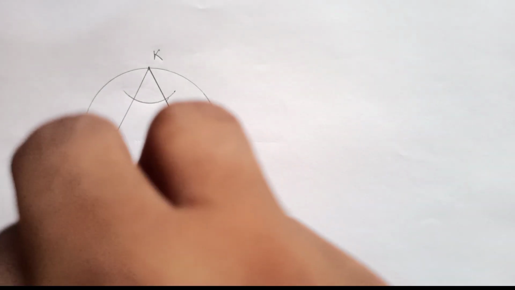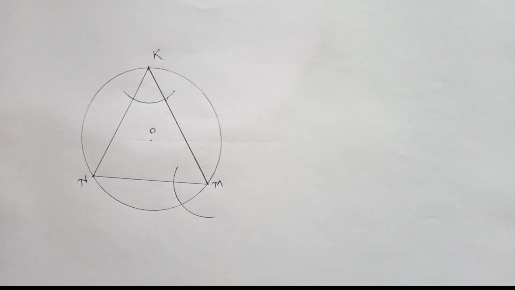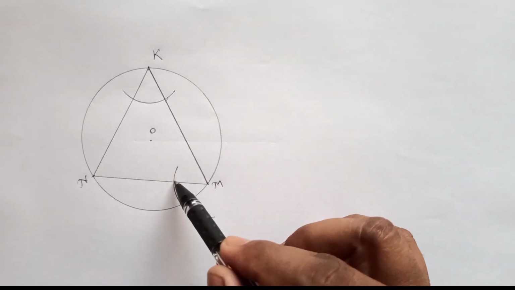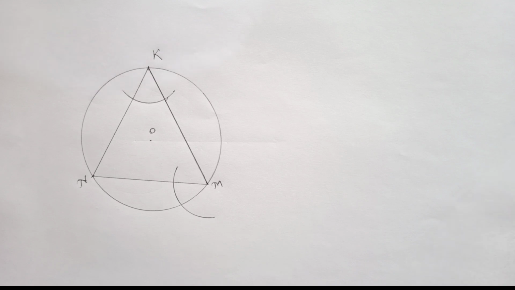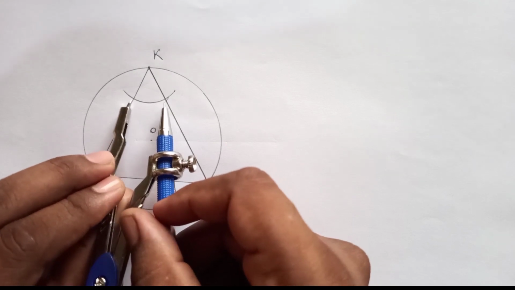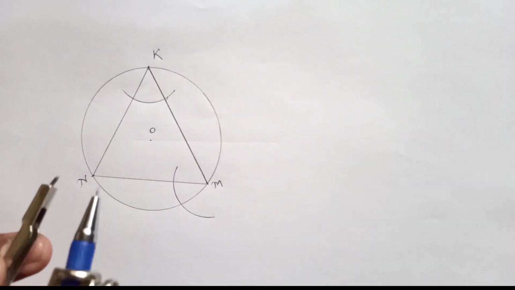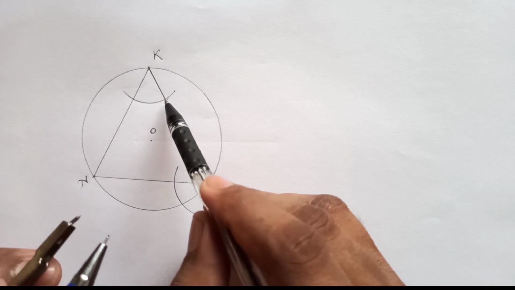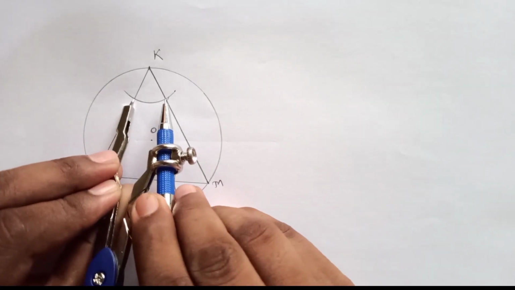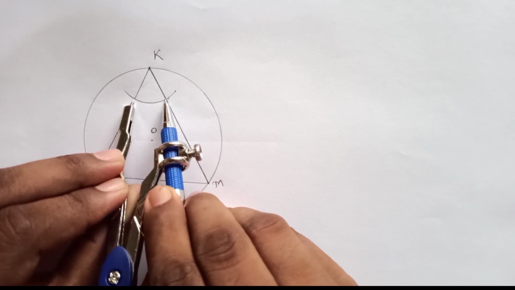Okay, so in this way this is the second arc. Now this arc should intersect this line. Okay, look at this in this way. Now we are going to take the distance between the points of intersection. Look at this. Here this is the first point and this is the second point of intersection. So we are going to take the distance between these 2 points of intersection like this way.